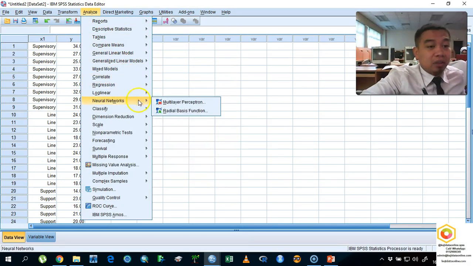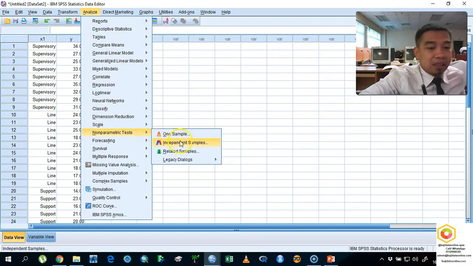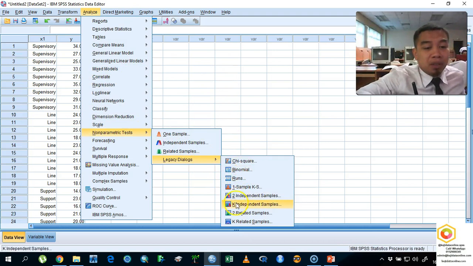Go to Analyze, go to Non-parametric Tests, go to Legacy Dialogs and proceed with K Independent Samples. This one is for when your data is not normal. It is a non-parametric test for measuring the differences between three groups, if you find out that your data is not normal, or that your ANOVA cannot proceed